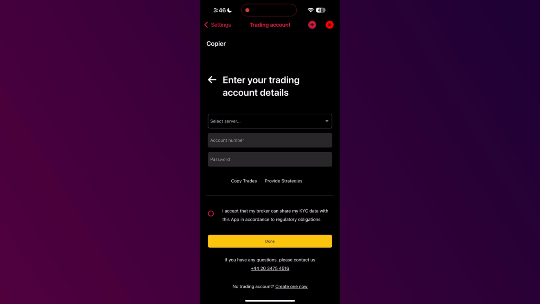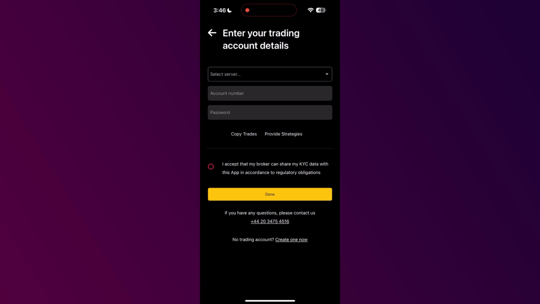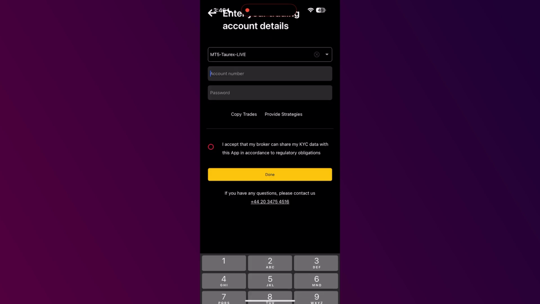and then click on this plus at the top, and this is where we can add a new account. So what we want to do here is add a strategy providing account. So set up a new MT5 account that you want your strategies or your trades to be copied by other people. So if we log into that account now, I'm going to select the server as MT5 Live,